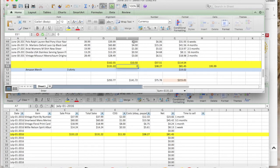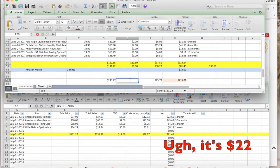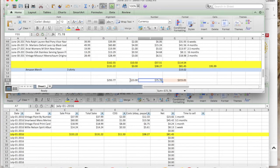Cost of goods, I'll have to say $11.50. $23. So $23 is what it cost me. I should have been more organized. This is what happens when you have 3 children at home with you. $23 for cost of goods, $75.78 for fees, for a total profit